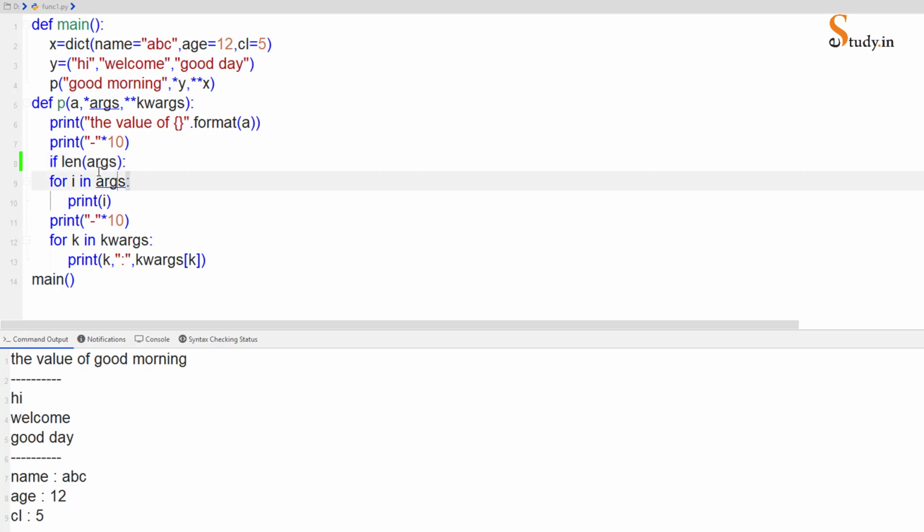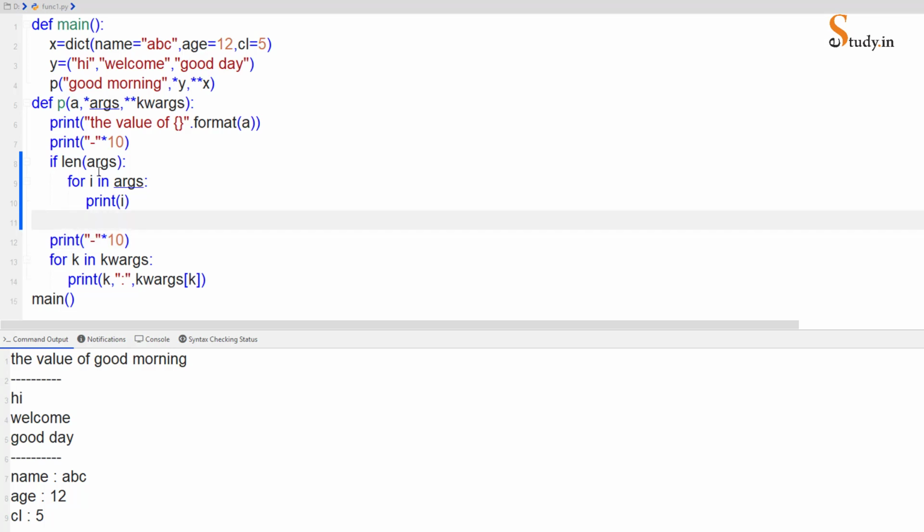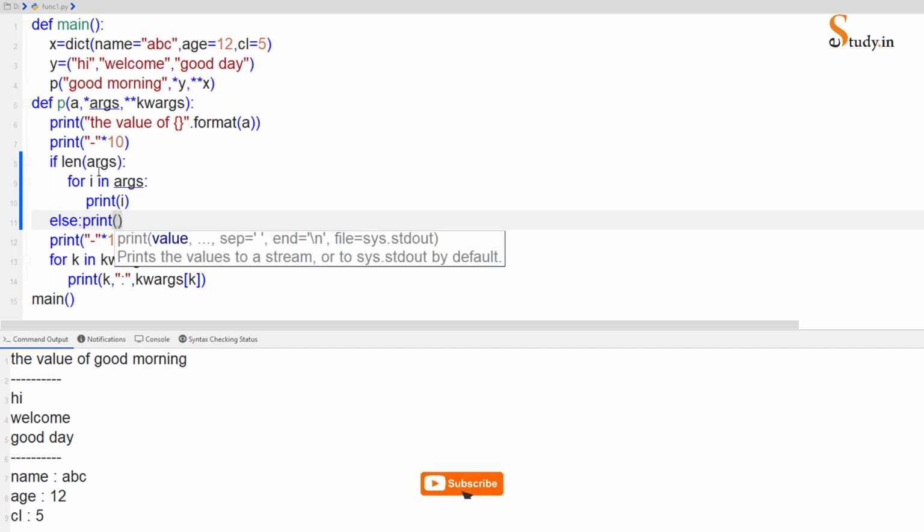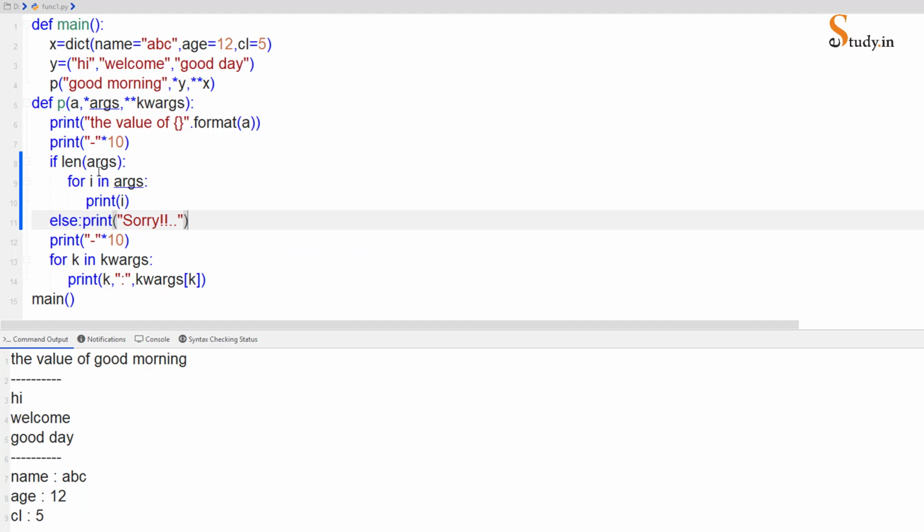Some indentation needs to be changed here. Then we print this, and this will come later. And here we'll have an else, and else we'll just print sorry. After that it will print a line.